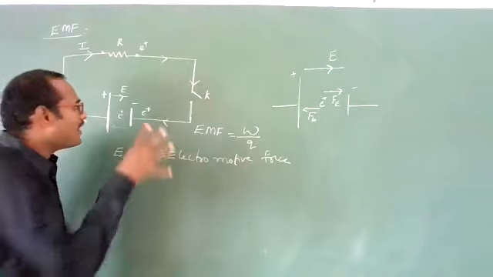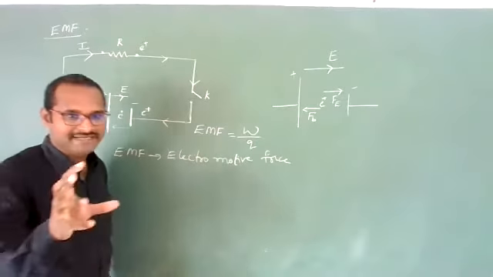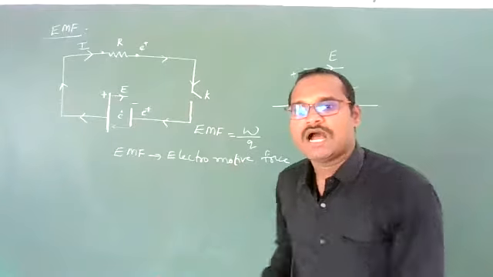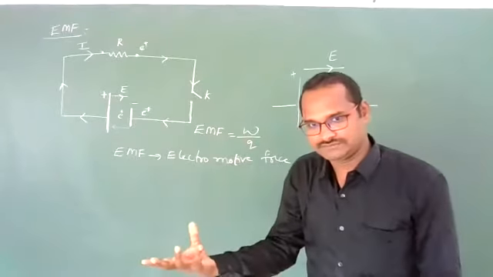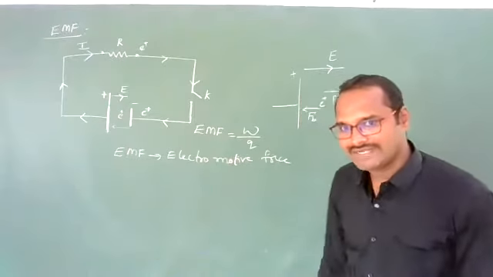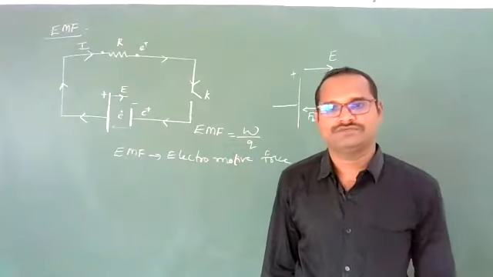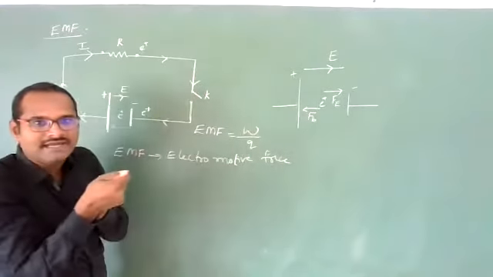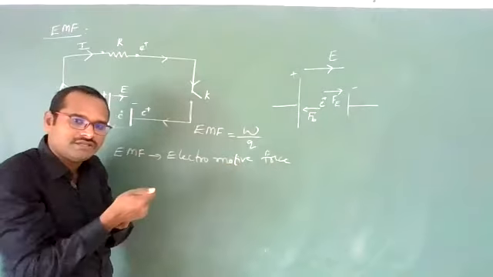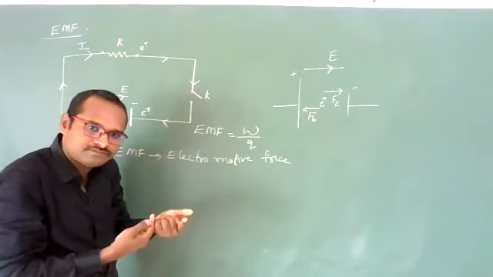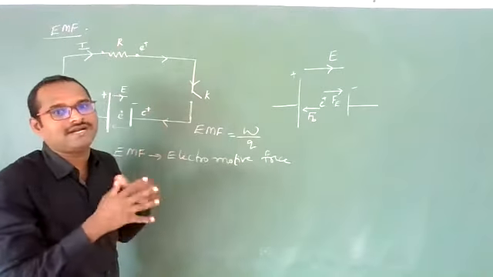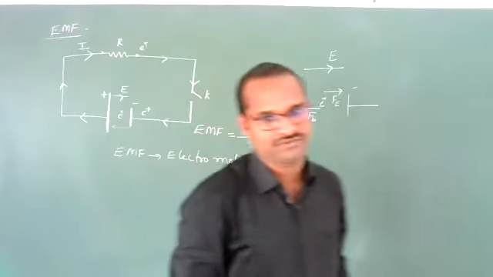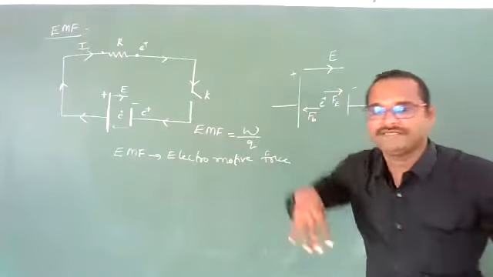Okay? While it is providing energy, the battery has to perform some work, which means the battery has to spend some energy. How much energy the battery is spending, that we call EMF, electromotive force. Students, when this battery is bringing the charged particle from the negative terminal to the positive terminal, it has to spend some energy. That energy is called electromotive force. How much energy the electron is gaining is not the electromotive force. It is how much energy the battery is spending.